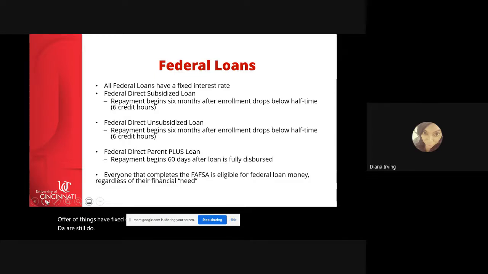The best one is going to be the subsidized loan, where there's no interest, no payments as long as the student is enrolled part time. And then there's the unsubsidized loan, where there's no payments required, but interest does accrue. So as long as the student is enrolled part time, they can receive that loan and there will not be